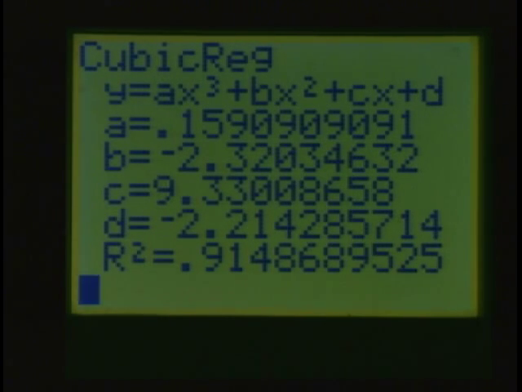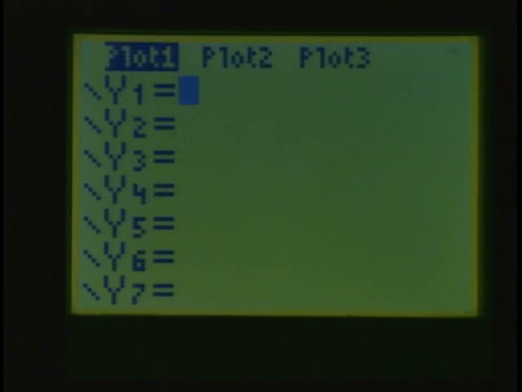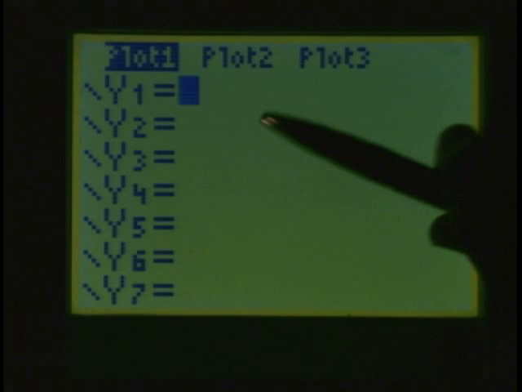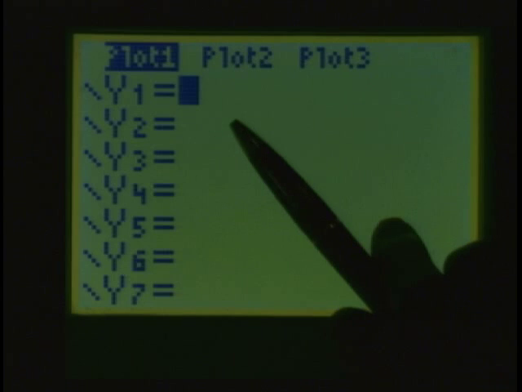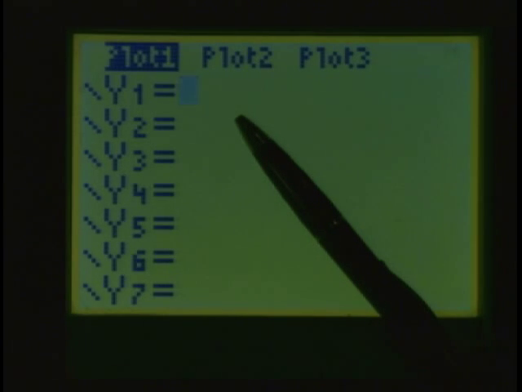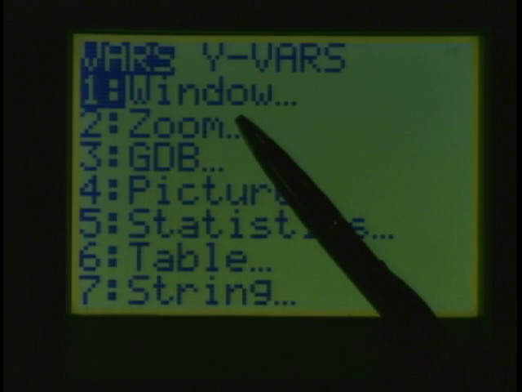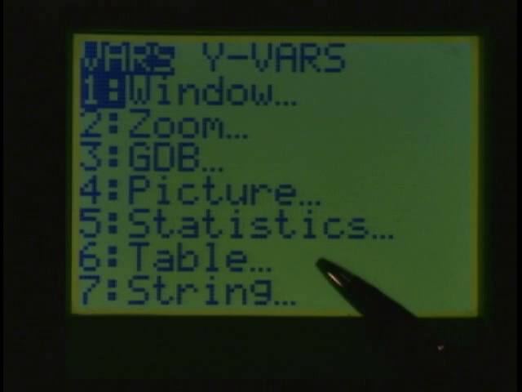So if you have those then written down in your notes, and you've got yourself the window settings and a little box with a drawing of the scatter diagram, then what we can do is we come back to y. We find an open spot here to place the function, and then anybody remember how we can get the function with all its accuracy in here without having to punch it in by hand? You go to variables, the variables key, which is near your blue arrows, and you go to item 5 for statistics,